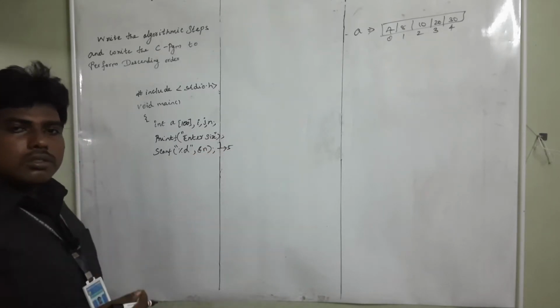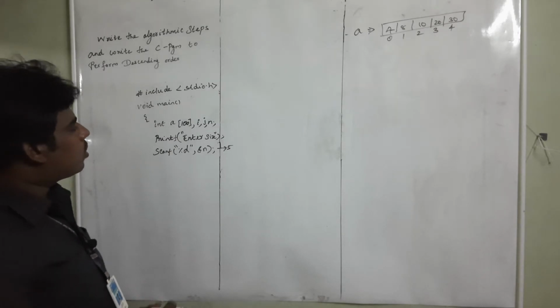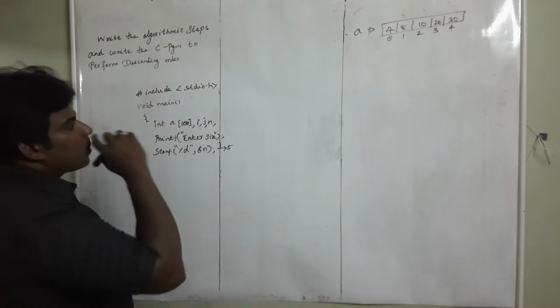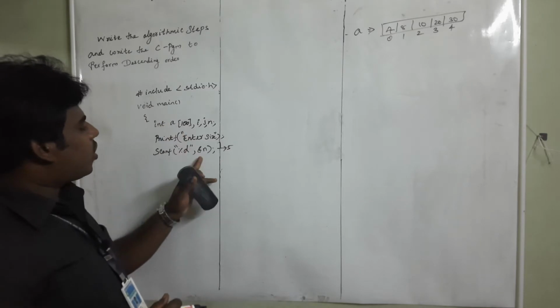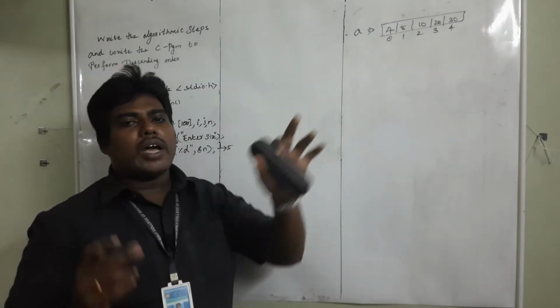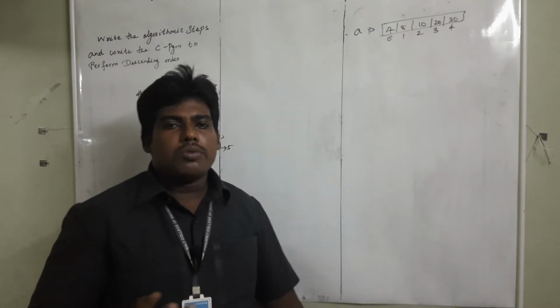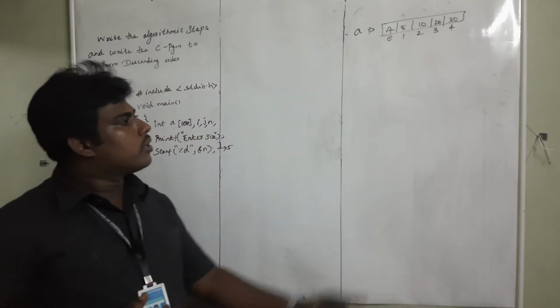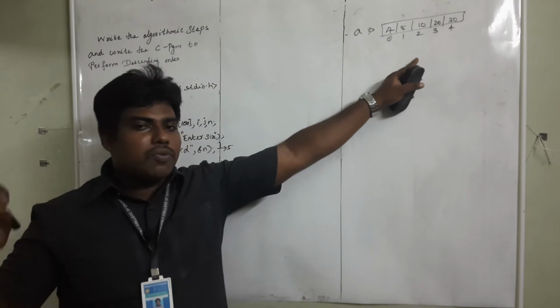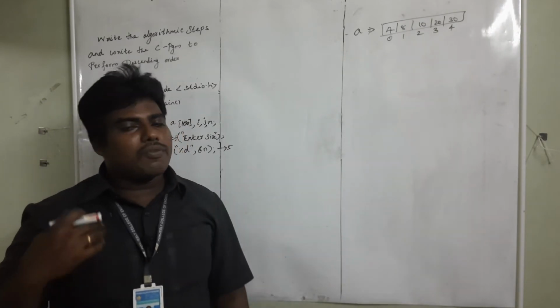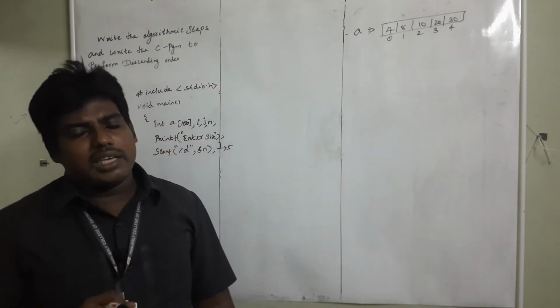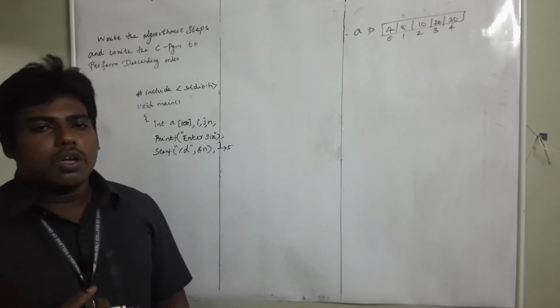Till now, all of you got it? Now, in those 100 locations you are going to use 5 memory locations, so you have to get these inputs. How to get the inputs? What's the size of the array? 5. So 5 times you have to get the input. Instead of writing scanf 5 times, we can use a loop.